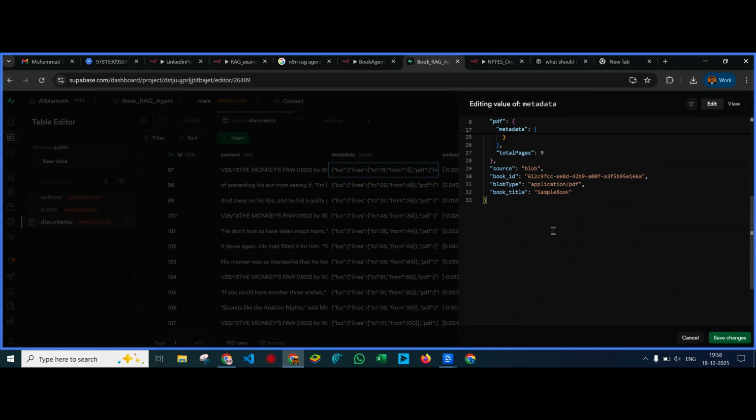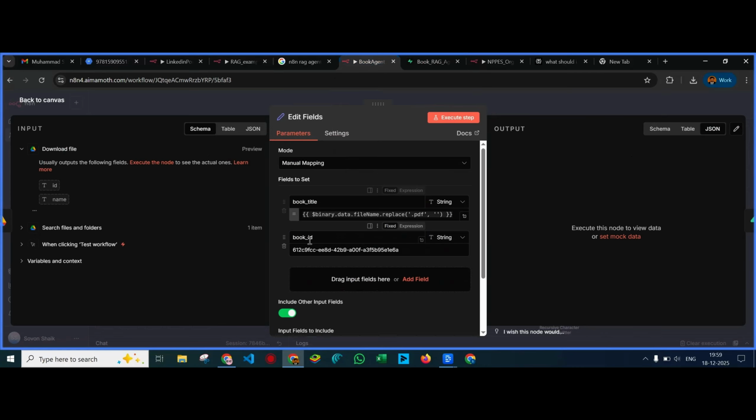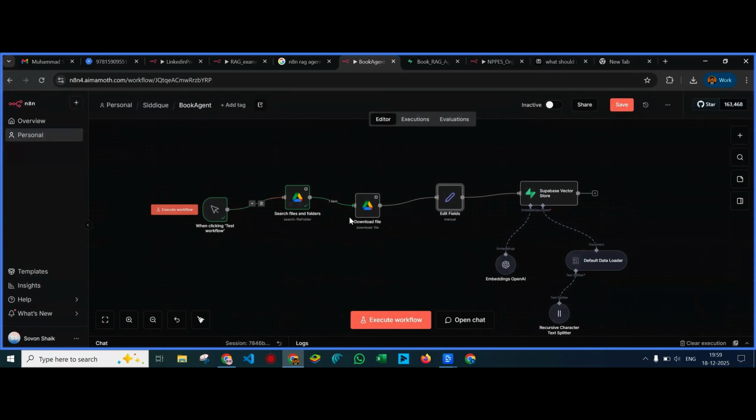So you can see here is the book ID for a previous book that I did during my testing. So for this new book, I'm going to create a new ID. And whenever we are going to search something from a particular book, we are going to reference this book ID while retrieving those details. Okay, so I'll come back to the n8n agent and let me just